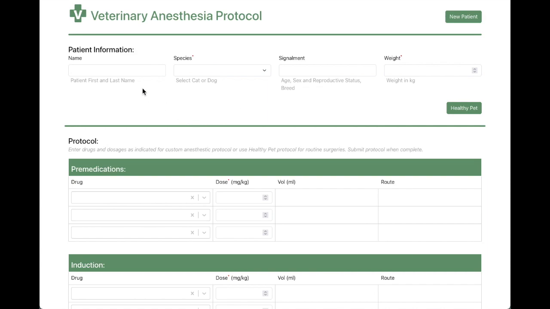The app opens to an empty form where a user can start to enter patient information, and I'll use my pet Luke. He's a dog, and species is important here because the calculations are different for cats and dogs, and he's a 5-year-old male neutered hound mix, and he weighs about 30 kilograms. The weight here is also a requirement because all of the functions of the app depend on the individual weight